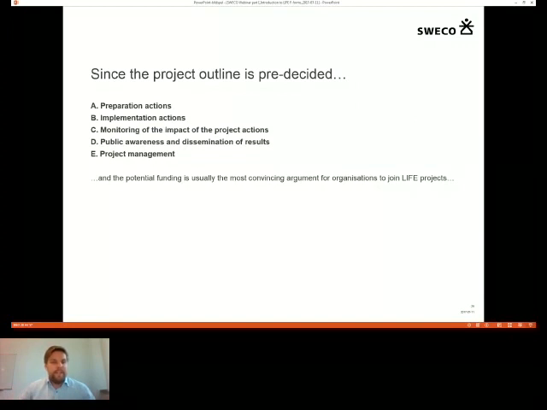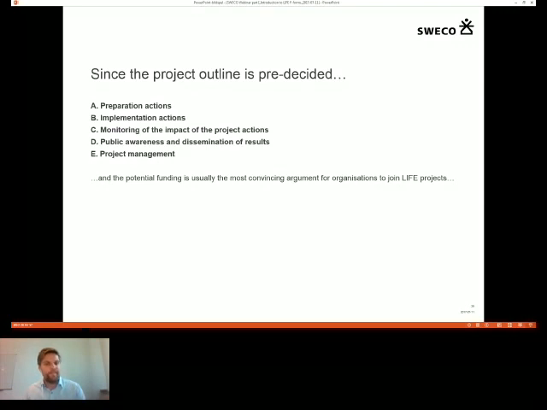Since the project outline is pre-decided, LIFE gives a very clear categorization of the different activities that you need to put in. This is A, B, C, D, E. I'm sure that you're familiar with this if you have looked at the project. This makes it very easy to at least agree on the project structure from the beginning, and this helps communication. So I would suggest anyone who is coordinating or preparing an application to create a very simple